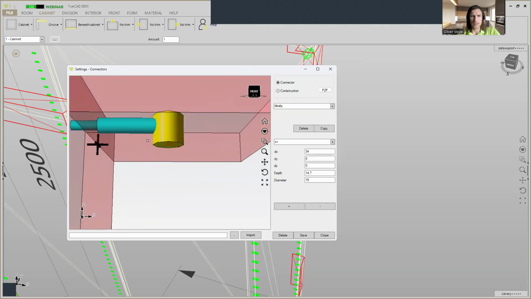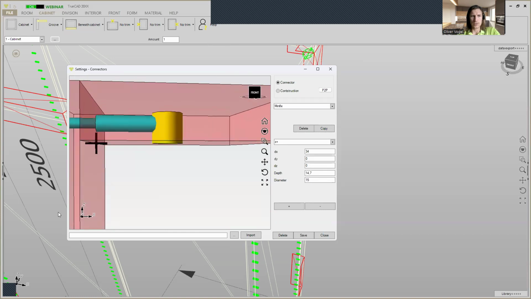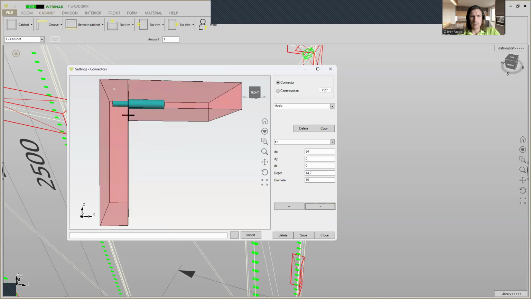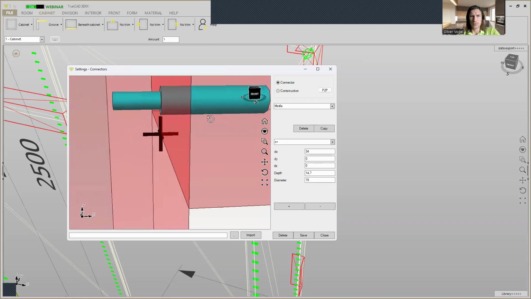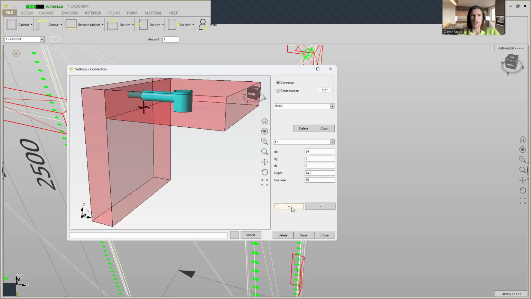That has a drilling direction plus Z. Here you define from the reference points direction dx, dy, and dz is 0 in this case. The depth and diameter you define, and then you click on plus,